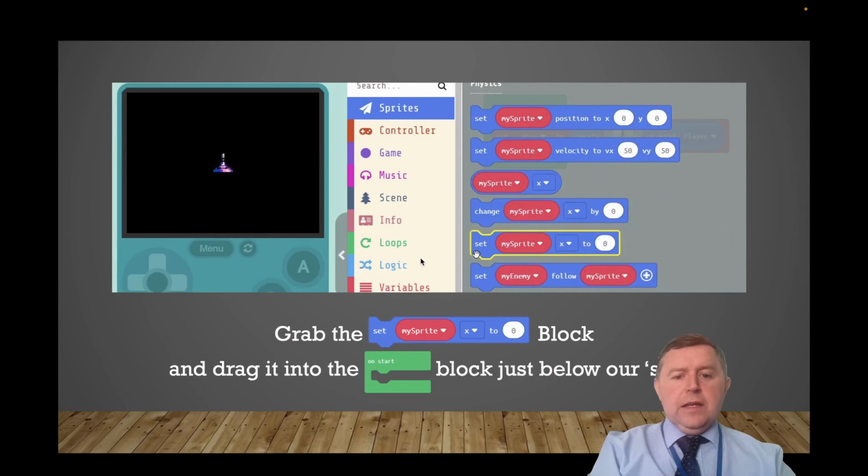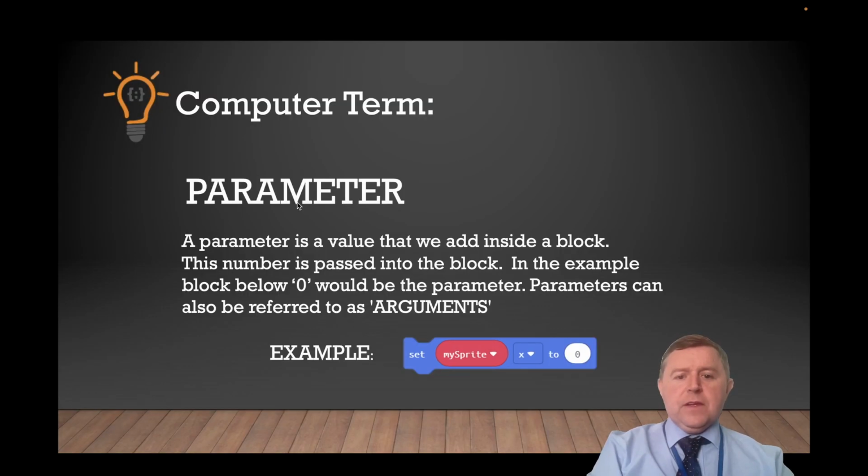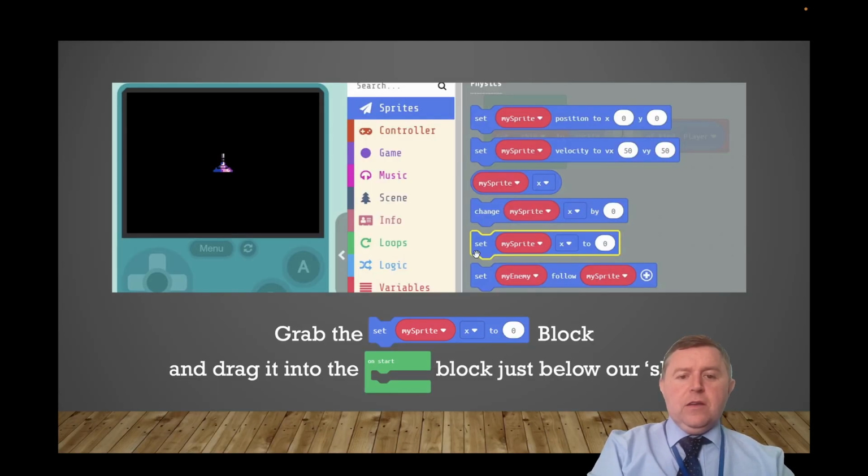So currently our ship is in the wrong location. We want to move it down here. So we're going to go grab the set my sprite X coordinate, and we're going to bring it down to 0 right here. Okay, because this is x and y coordinates, so x and y, okay, and we're going to change that in our